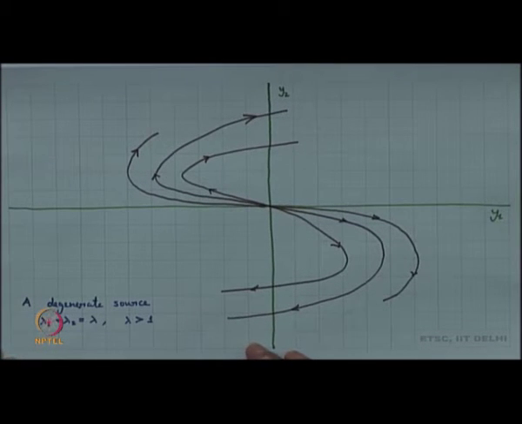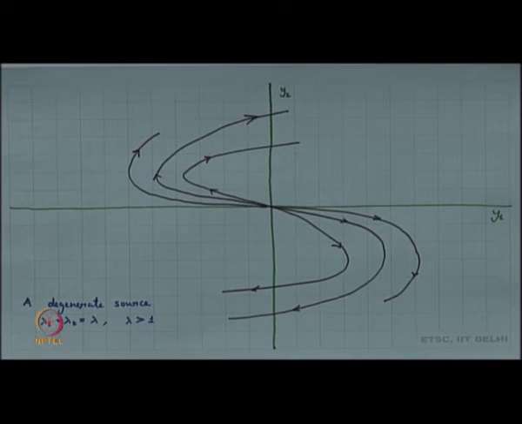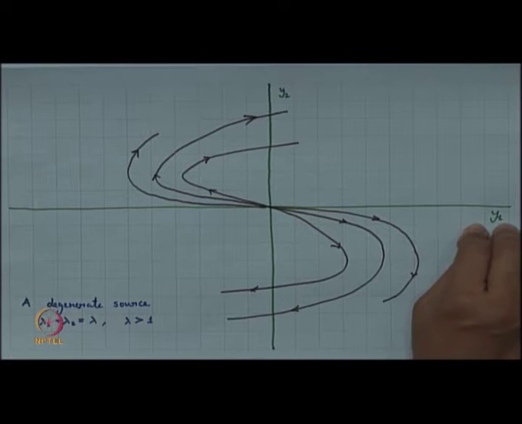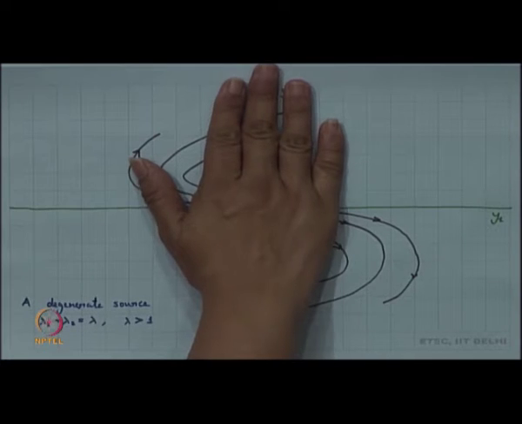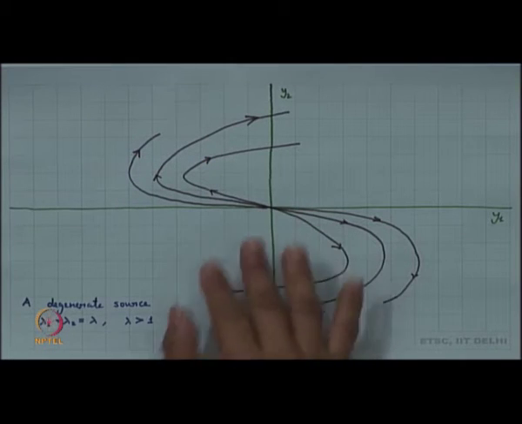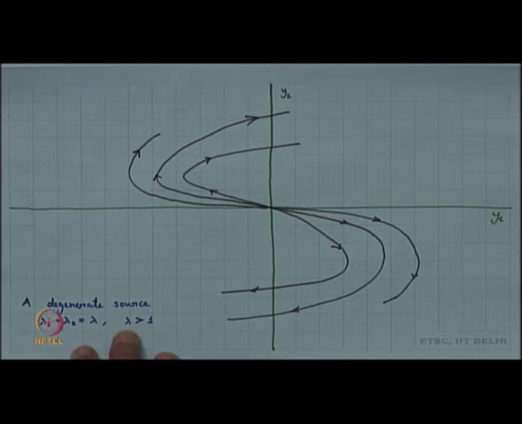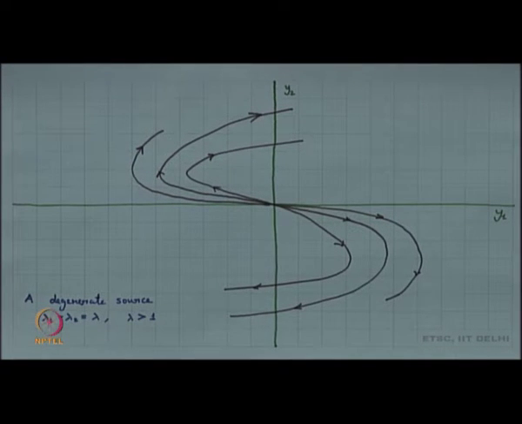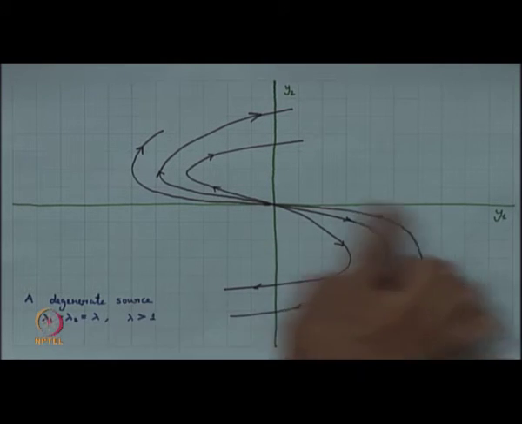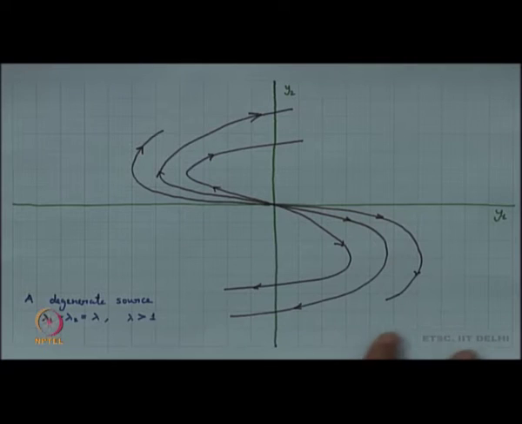So, we have the origin. We have this eigenvector y1, right, y2 is no longer an eigenvector here, but then the eigenvalue is greater than 1, right. So, everything is basically moving away from the origin. It is moving away from the origin in a degenerate form, right, not a direct form, it is degenerate form.